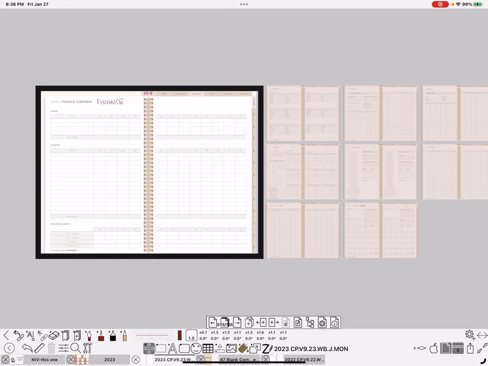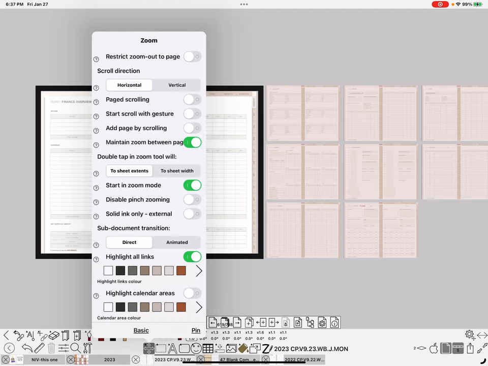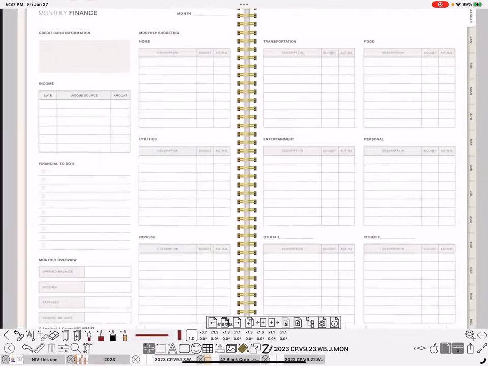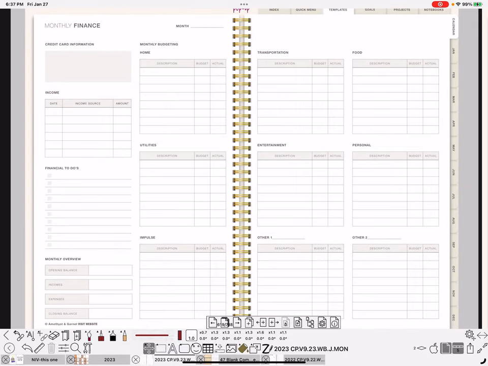Now, the reason that they're kind of orangey is because they are links. When you create them, they are links back to the page that they are. You know what I mean? Right now, they're just a link that's a see-through window, kind of. But I can treat them just as though they are the page I'm looking at. So if, let me turn off that orangey, the highlight all links, turn that off, and see, now it looks like a normal page. And if I zoom in, I can work on it from here,